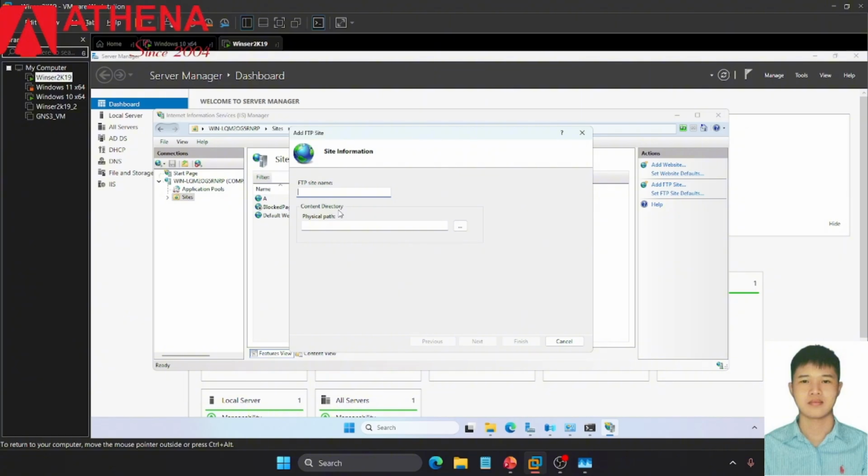An FTP site is essentially a dedicated storage server designed specifically for uploading, downloading, and managing files over a network or the internet. Alright,